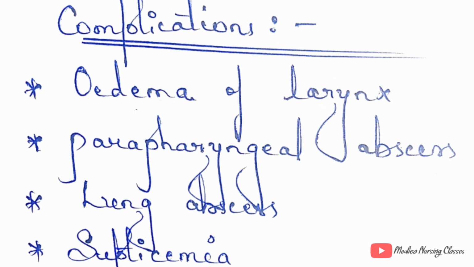So let's see the complications. What complications may occur when the patient has a peritonsillar abscess that is not treated properly? It may lead to edema of the larynx, and then parapharyngeal abscess. Edema of the larynx causes obstruction of the airway, and then lung abscess may occur due to aspiration of the pus, and then septicemia means